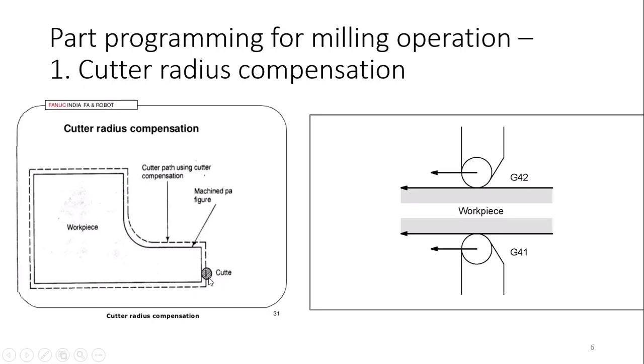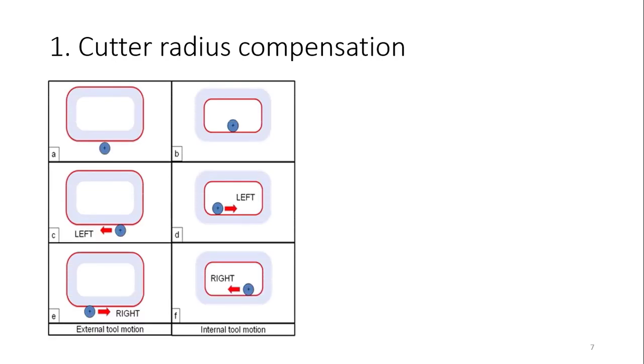So here in this case, you can see the path is dotted and the workpiece is solid. If you are moving to the right side in here, so that will be your left one, correct. On this side it is your left one, everywhere it is your left one. So it's G41, tool nose radius compensation 41. See in this, this is your workpiece, you are moving in this direction towards your left. If your tool is on the left side of the workpiece, then G41. If it is on the right side of the workpiece, that is G42. So see, there are different cases in which tool nose radius left or right is to be discussed.